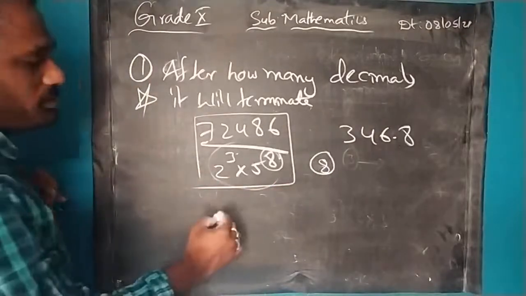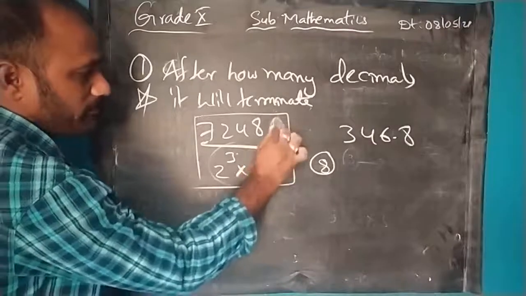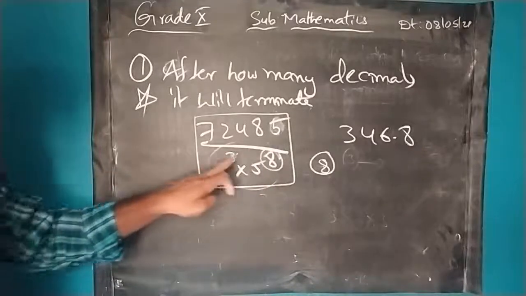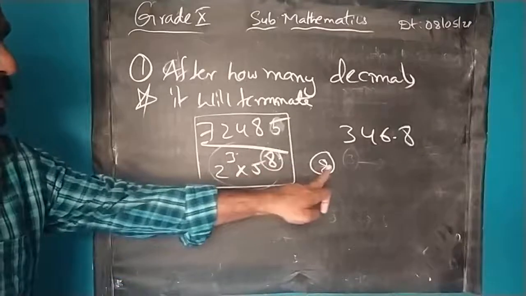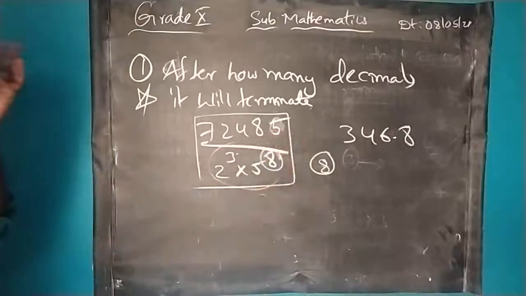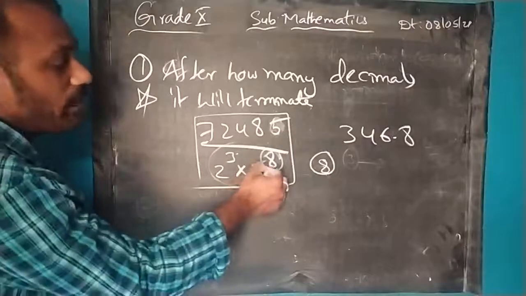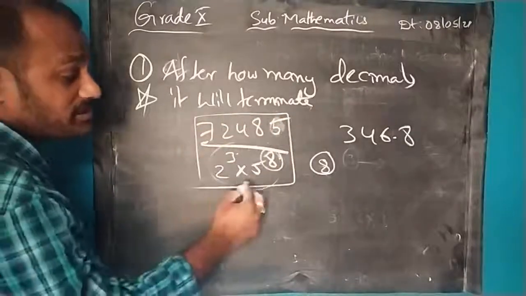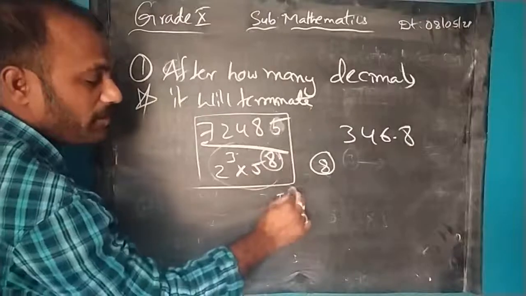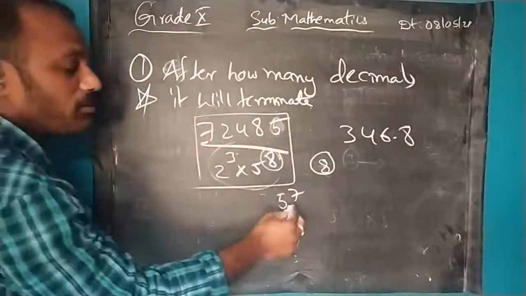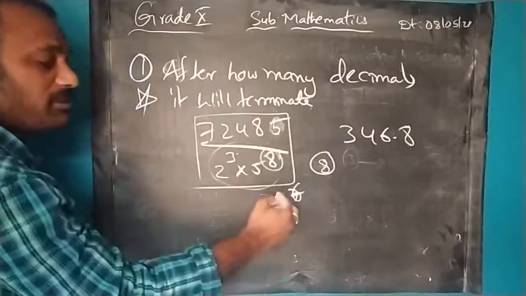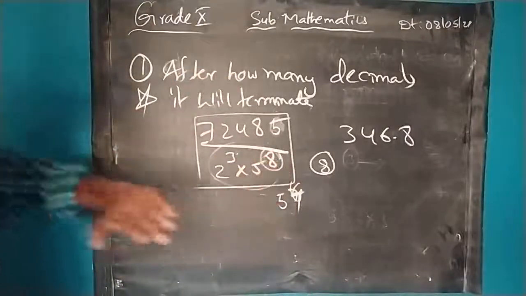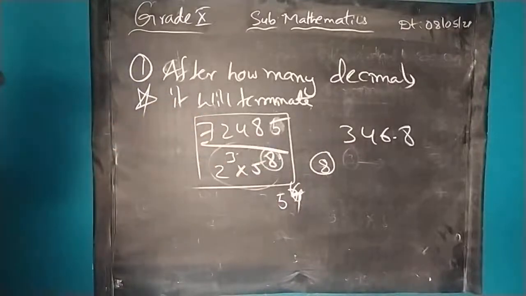Now, one more question. For example, here 5 is there. So first of all, we check 3 and 8. Among these, 8 is the highest power, we'll write. But before that, I also have to check whether this 5 can cancel with the numerator. If it cancels, it will become 5 power 7, because one time I cancel. Next time also I have to check, it will become 5 power 6. Next time also, if it cancels, it will become 5 power 5. If it is cancelling, I will keep on cancelling. Once it stops cancelling, for example,